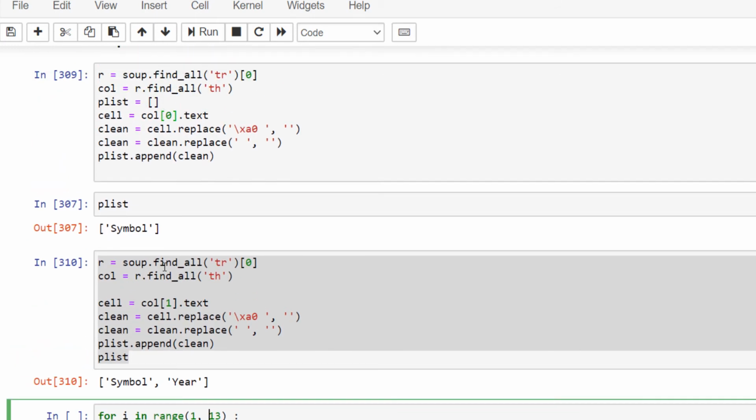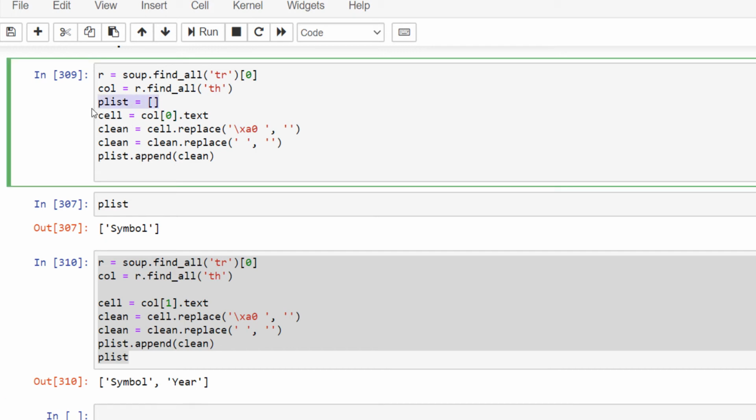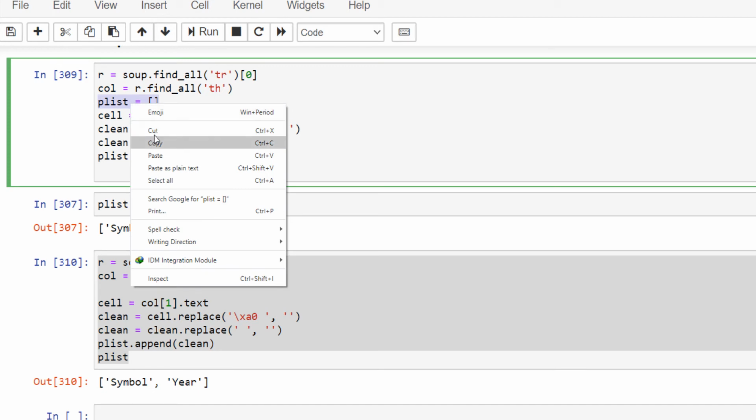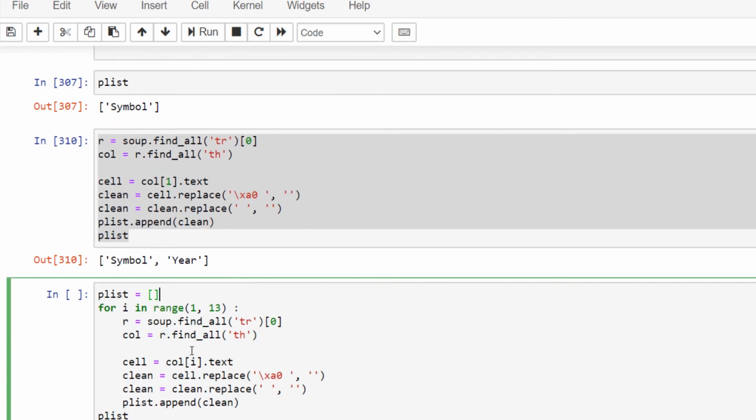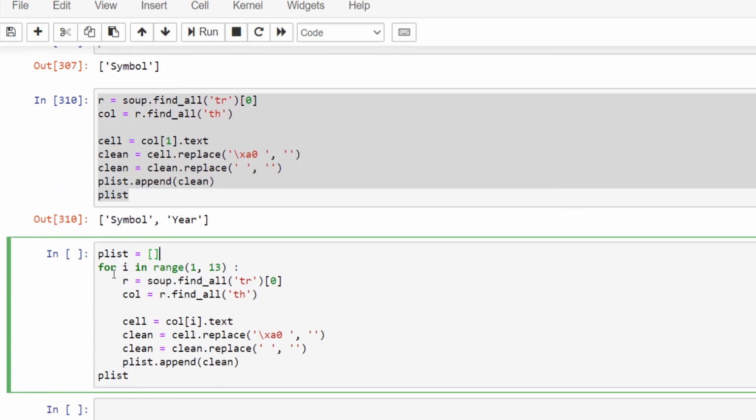Either we can also start it from 0, but then we have to define the empty list outside the loop.